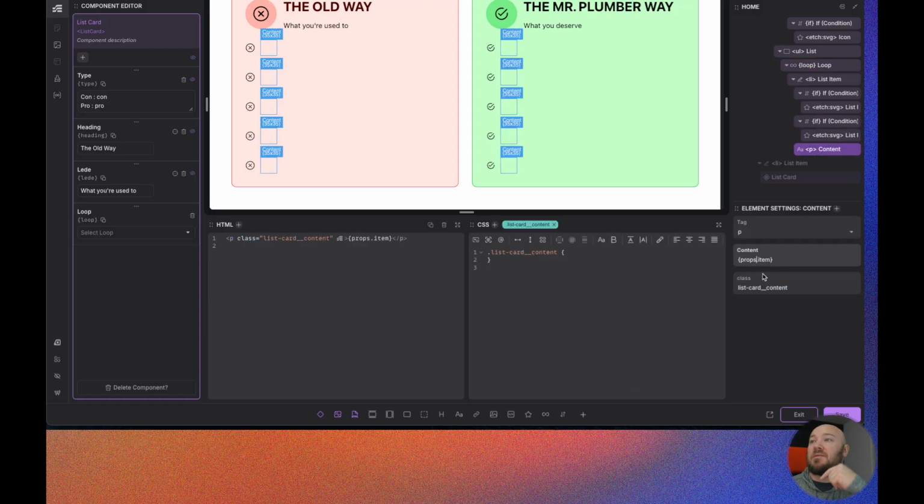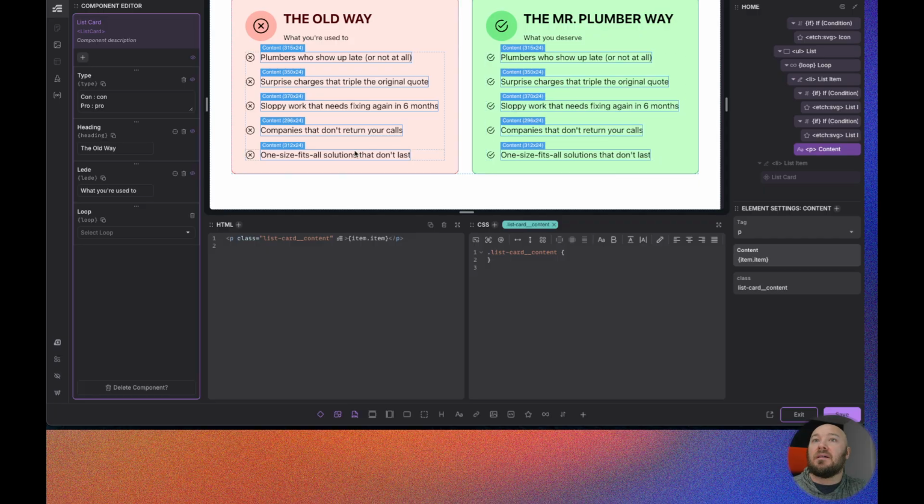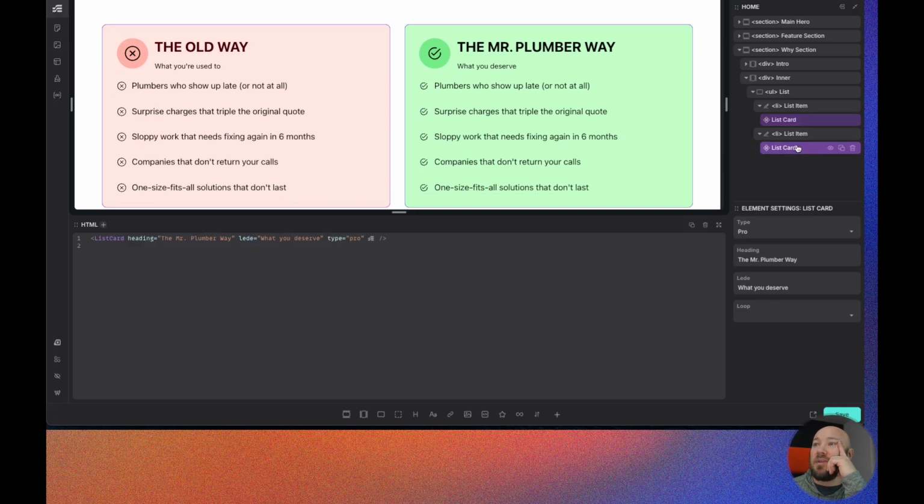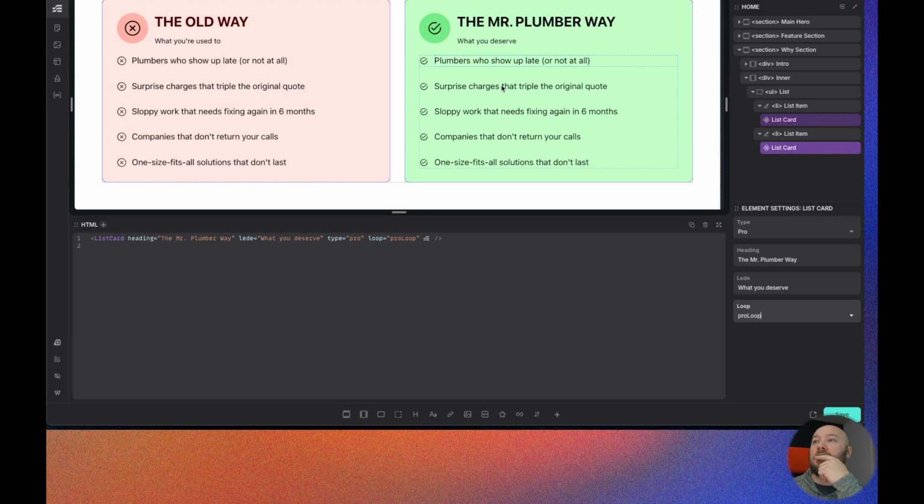And I did props, which is not accurate. Should be item dot. All right, hit save. Exit. Now you can see both of them are showing up as the same. However, if I actually set my loop here to con loop on this one and my pro loop on this one, it should have